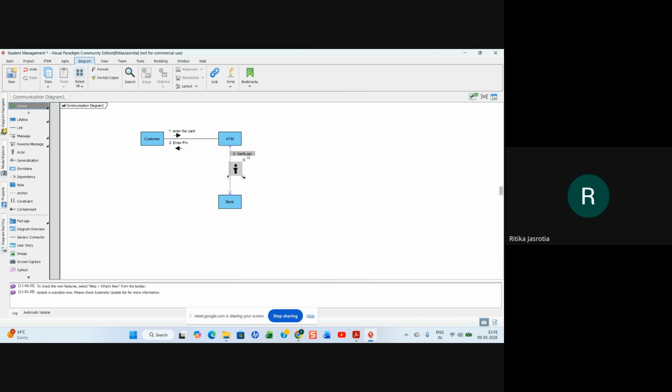This is a message it goes, and a return message goes back to the ATM. So a return message goes here. We can put the fourth message like this.